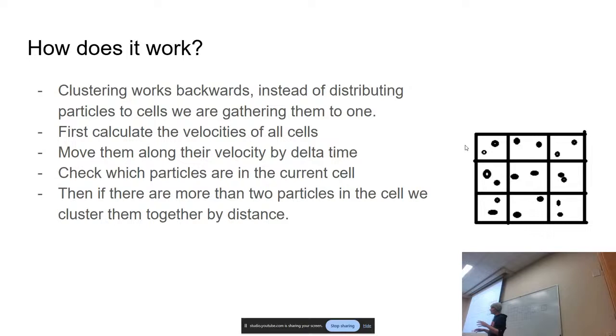This is where it gets a little bit tricky to do just on the board, but the way that you gather something to a point, because the grid information is stored at the center of each of the cells,